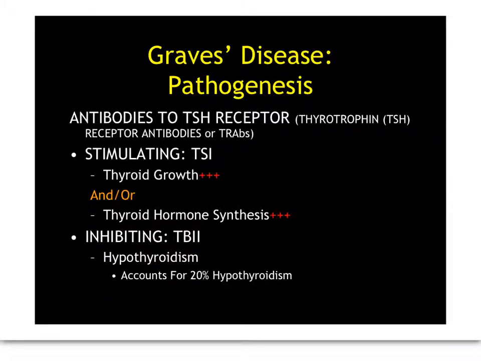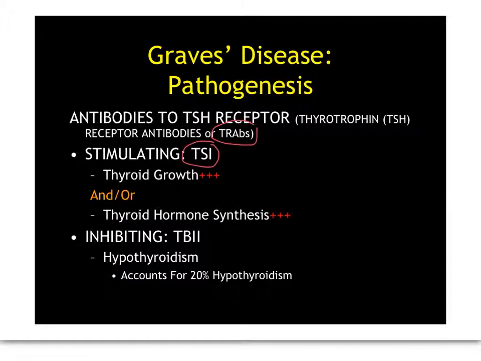So the antibodies that we measure, particularly these TSH receptor antibodies, are actually tied up in the pathogenesis. You can think of these TSH receptor antibodies as flavour of ice cream. They can do a variety of different things. The mix of the antibodies can change over time. So what they do to somebody's thyroid gland over time can change, and that accounts for the natural history. There can be, what I was taught in medical school,